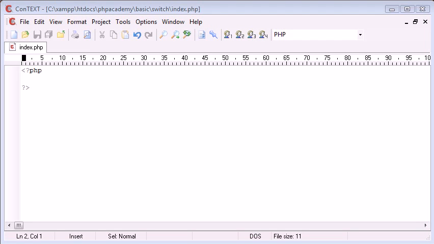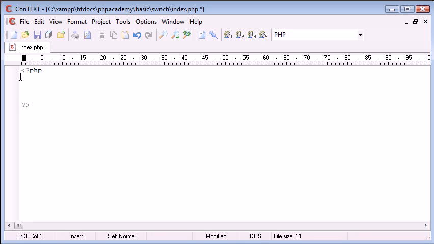Hello, in this tutorial I'm going to be looking at the switch statement in PHP, why it should be used, and the overall structure, so the syntax that you should use when using your switch statement. So first of all, the reason we use a switch statement, it's very similar to an if-else statement, but it's a lot neater and it works better and looks better when you have lots of possible values that